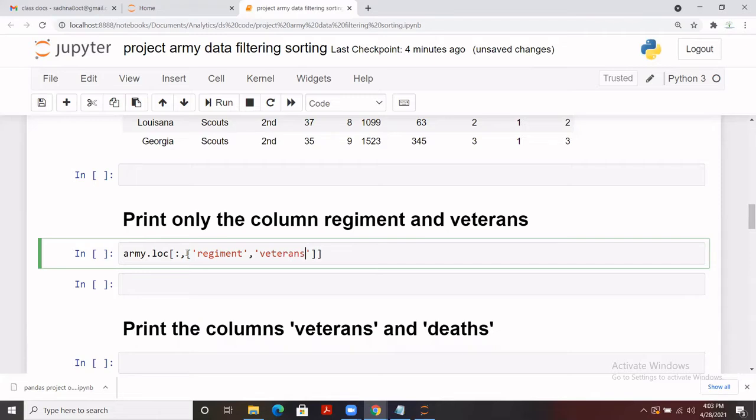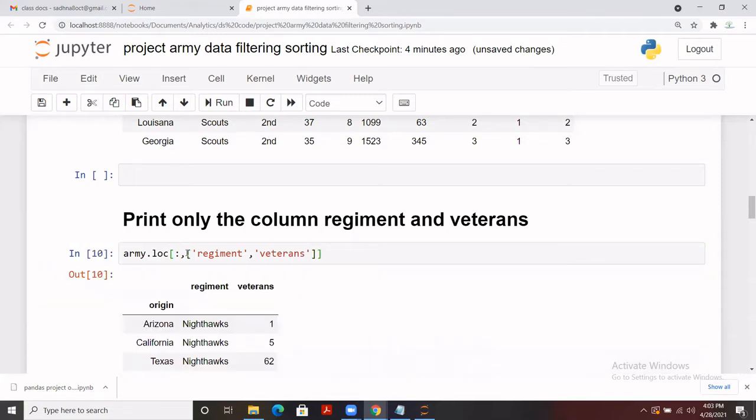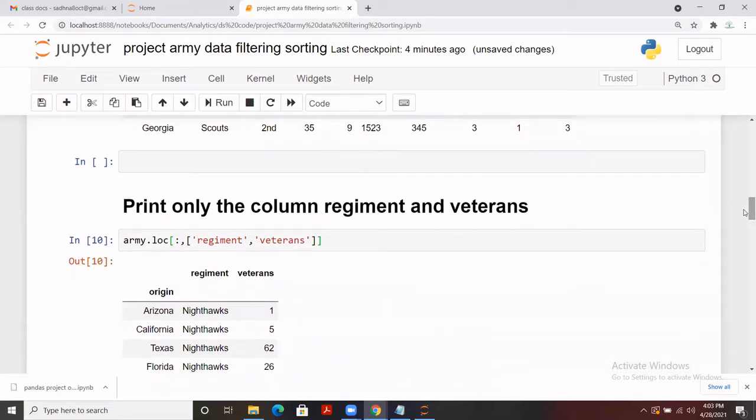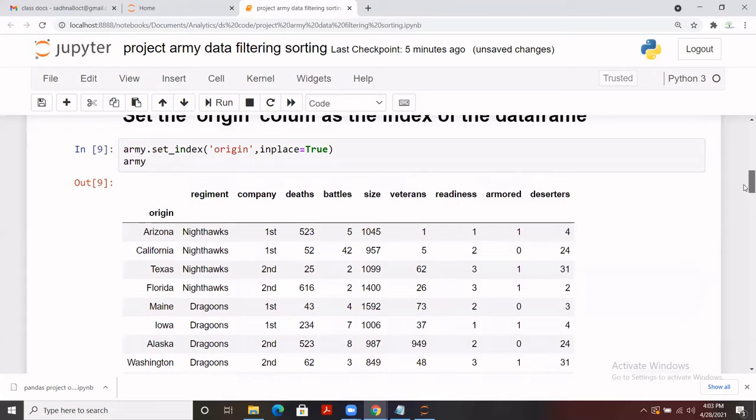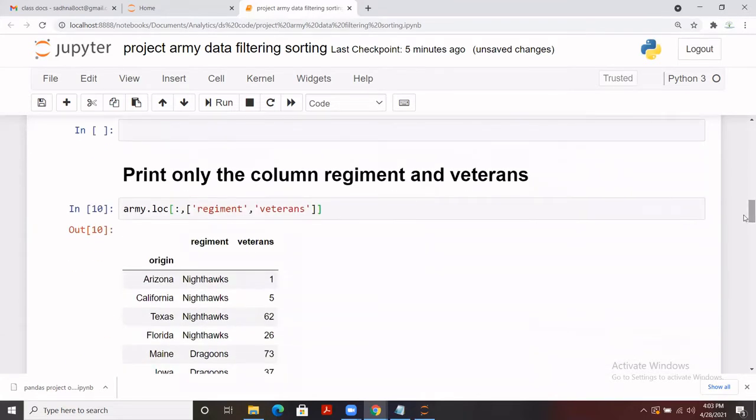Here it is. If the spelling is correct, let me run it. Here it goes. So all the rows, and we have selected specific columns. Have you noticed that I have added these two columns in one more square bracket? That is because they are not in sequence, I am just randomly picking those columns. If you check, they are not in sequence, right? So if we are randomly picking columns, we need some extra square brackets, and by separating with commas, we can add the names of the columns. That's what you can apply for any column.